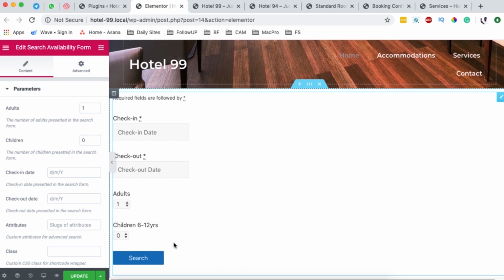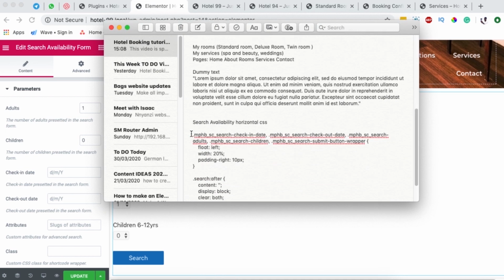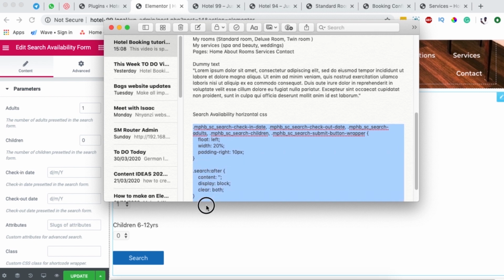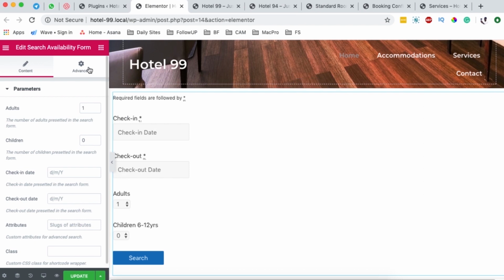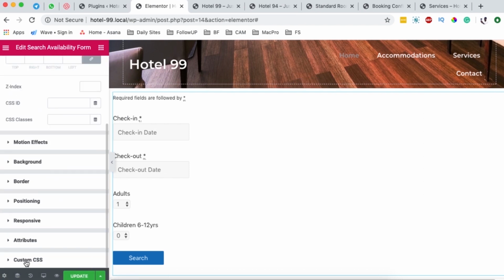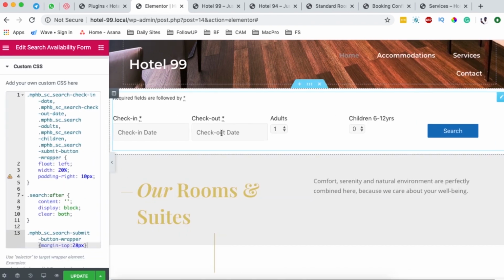But we want it to be horizontal, not vertical. So to have it horizontal, you will have to add an extra piece of code in the CSS so that we have this showing up horizontally. And I'm going to leave that same piece of code right in the description box below so that you can easily copy it and have it on your Elementor website. And this is the code over here. I'll just copy it and come here to the widget, come to the advanced section, and come to custom CSS and add the code there, and boom, now we have our widget appearing horizontally on our